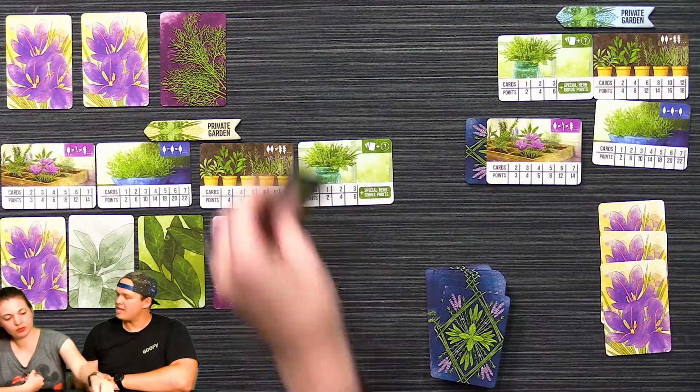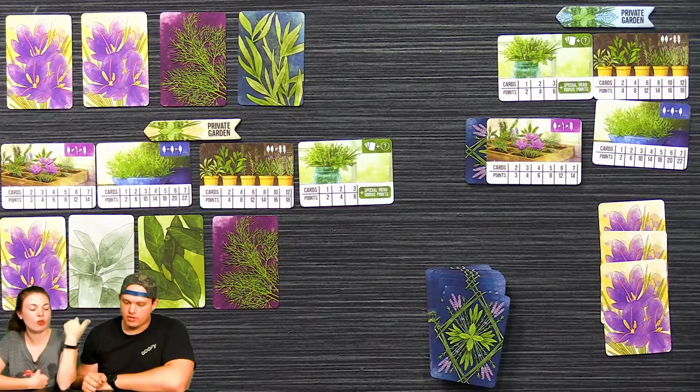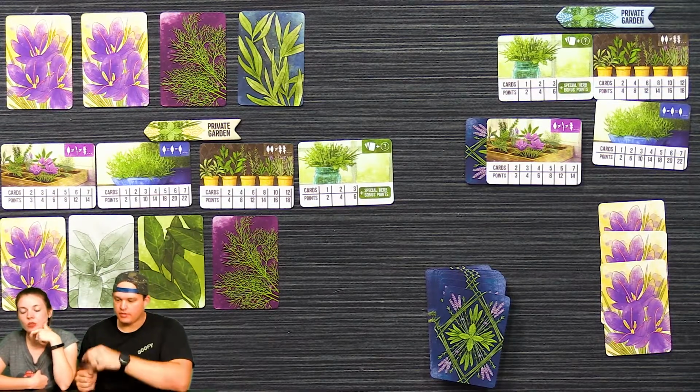And you will score points. I think we do score points for plants that are not in front of you, that you don't get to put in a pot or anything. Yeah. So those are worth like 1 point, but...